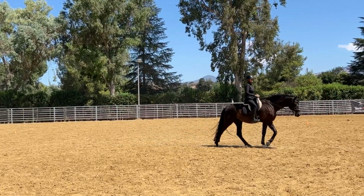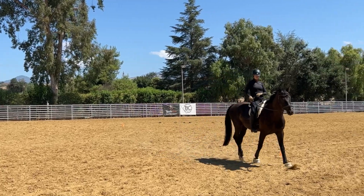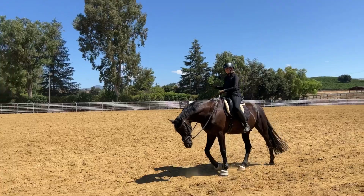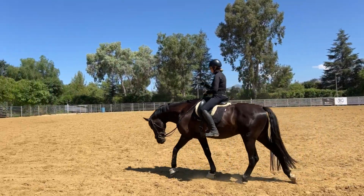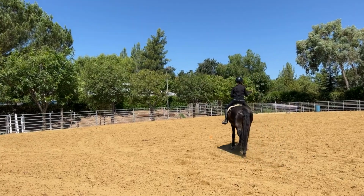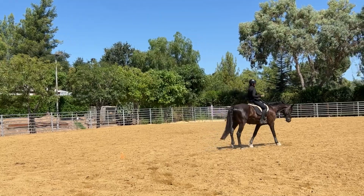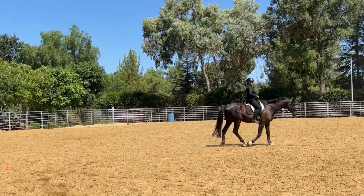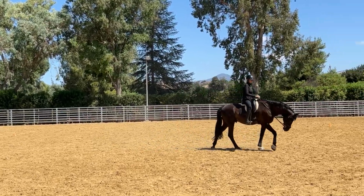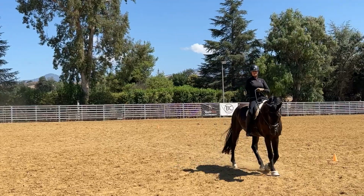So, in other words, to make a complicated sounding little lecture a little bit simpler, you don't want to sit on the leg that hits the ground that's on the inside on a curved line, because that is where the horse will have to take up the majority of the weight to stay in motion and to stay balanced, right? So watch that. I'm going to take Spidey here into the posting trot in a moment. Watch that. And then I want to go over knee pressure